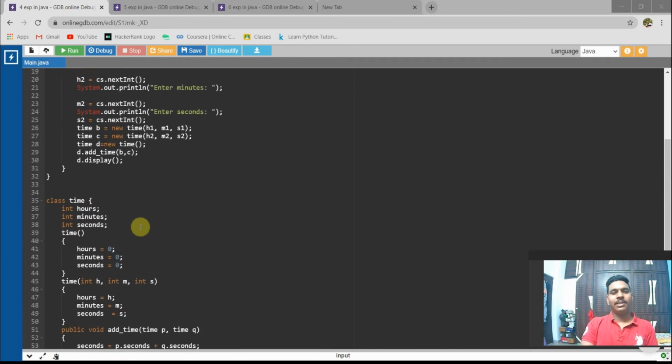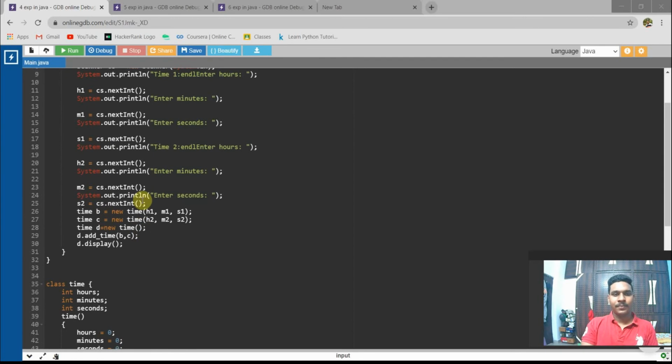The time entered by the user, first time and second time, they both should be added. Like if my first time minutes is 70 minutes and the second time minutes is 70, it's nothing but 140 minutes that has been completed. So we can take a round figure of 3 hours, which is 120 minutes. The left out is 20 minutes, so that will be considered as minutes, and this 120 will be considered as 3 hours. In this way the minutes, seconds and hours will be calculated and added.